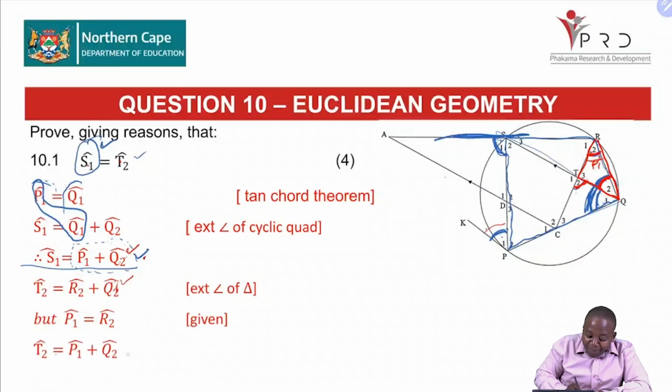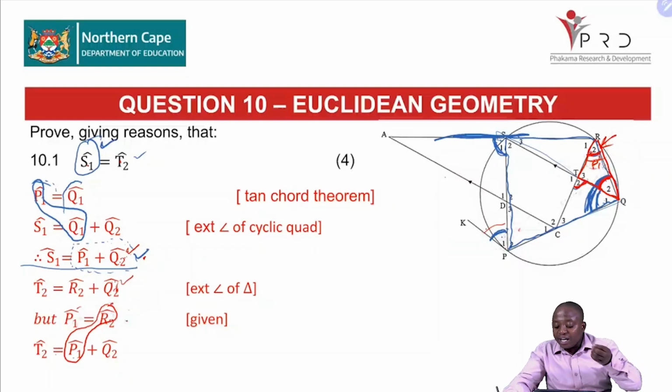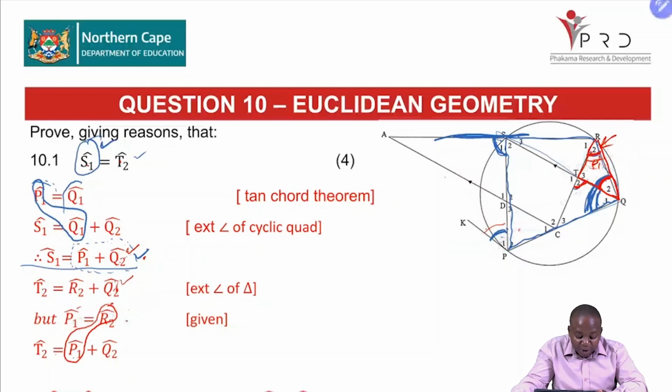Therefore, T2 is equal to P1 plus Q2. Why? Because R2 can be replaced by P1. Where there was R2, I will replace it with P1 because they're equal, as it is given. Remember, with angles that are equal, we can use these letters, or if these two are equal, I can call it P1 again. So I can say R2 is now P1 because they are equal. Therefore,